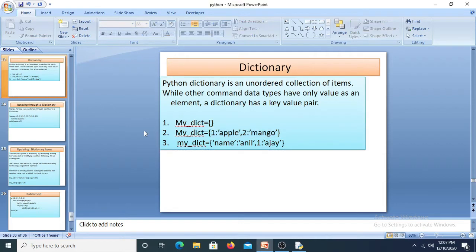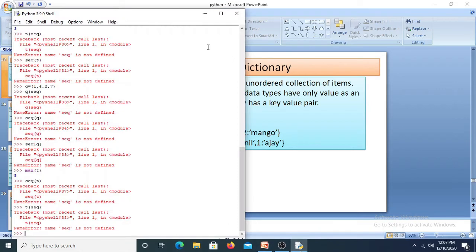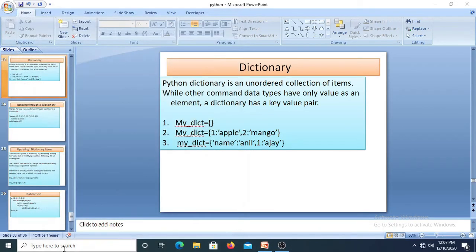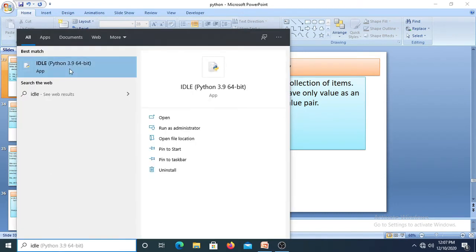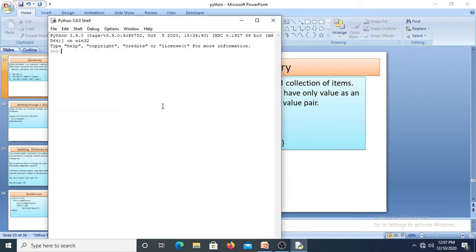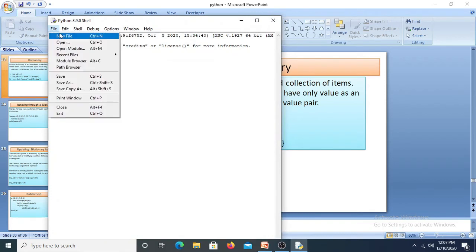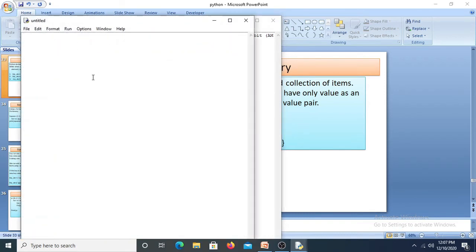See for example, if you want to create the marks of the students in your class, let's see how it works practically. So let me close this. How do you store the marks of the students?